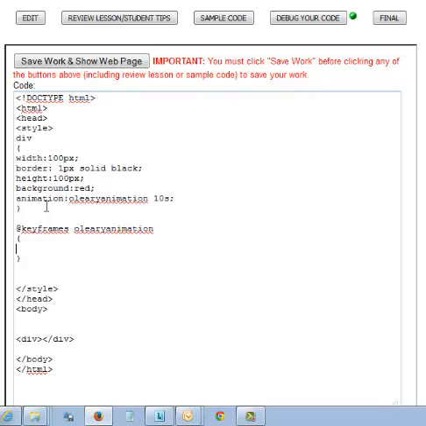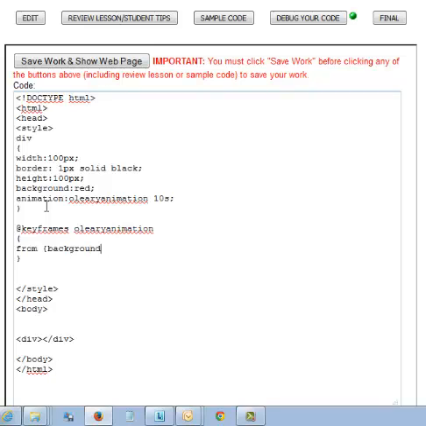The easiest one is when we just want it to go from one set of rules to another set of rules, and we're not worried about multiple rules, or how long we want the element to be in a specific position. So let's just change its background color and say from